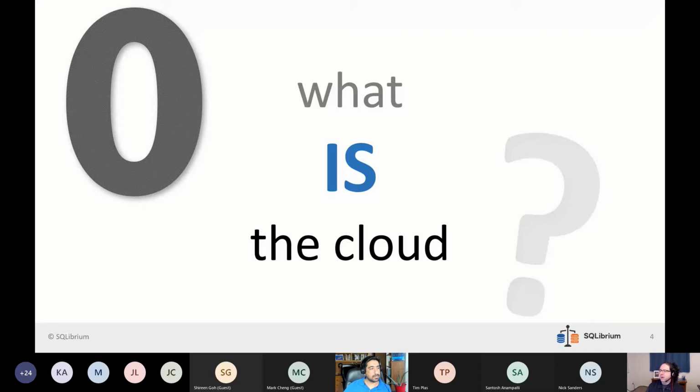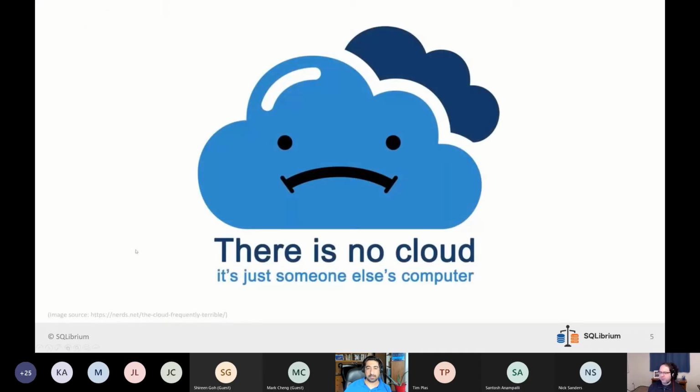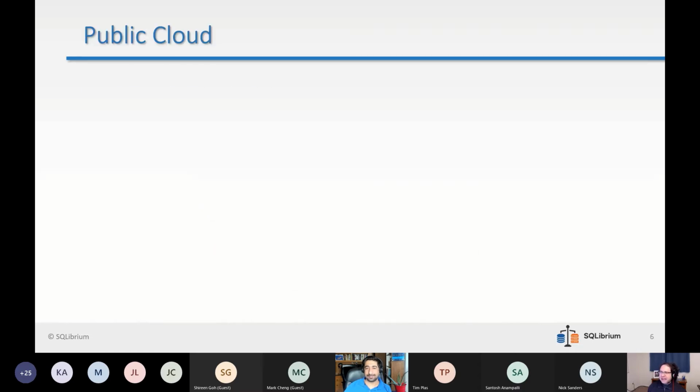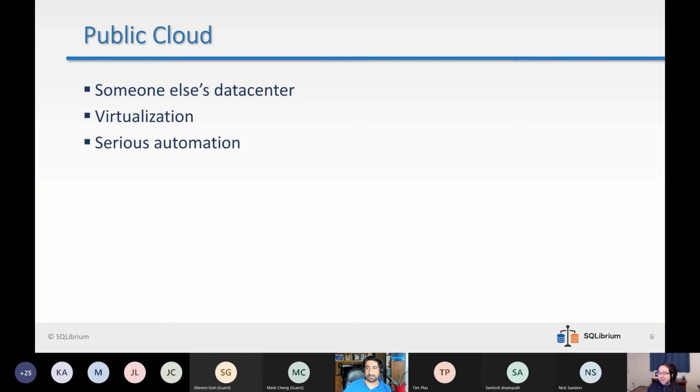Just to get everybody on the same page, I always say, what is the cloud? It's a pretty ambiguous question because quite frankly, if you ask 10 IT people what the cloud is, you're going to get about 14 different answers. My take on it is that there is no cloud. It's just somebody else's data center. When I look at it that way, it literally is Microsoft or Amazon or Google or Oracle. It's their data centers with some really good virtualization and some amazing automation. It becomes a self-service platform. They provide the infrastructure, they provide the automation,